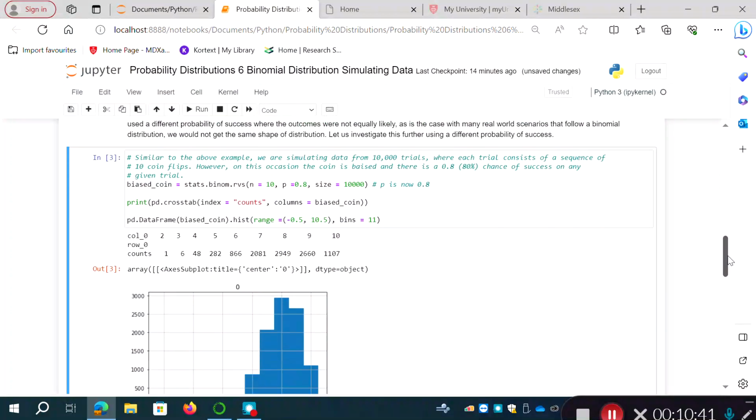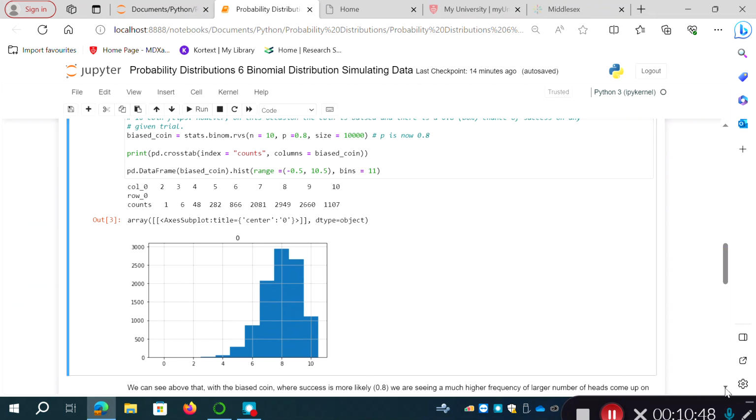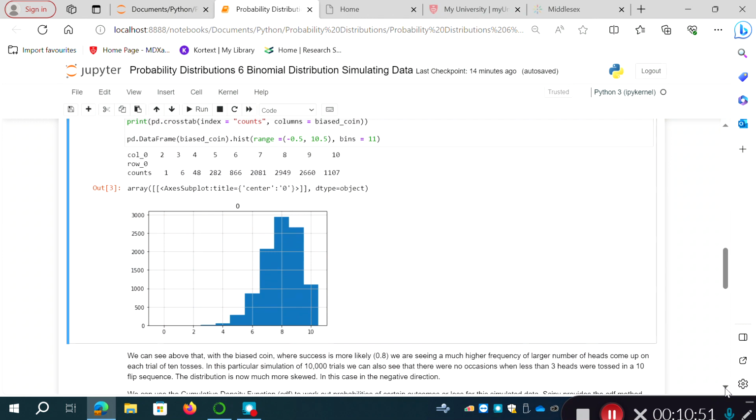What we should see in this case, with the bias coin where success is more likely, an 80% chance or 0.8 probability, is a much higher frequency of larger numbers of heads coming up on each trial of 10 tosses. So in this particular simulation of 10,000 trials, we can see that there were no occasions